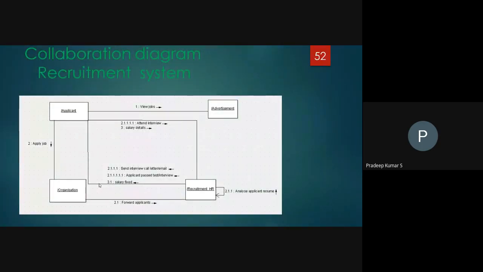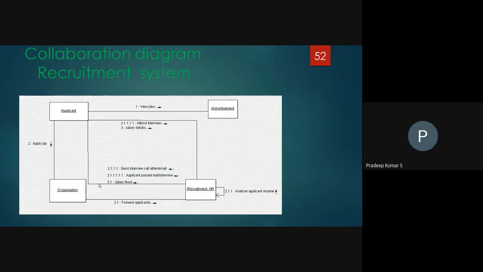Here again is the same example that I taught in the class yesterday: online recruitment system, library management. The same application I represent in the collaboration diagram.